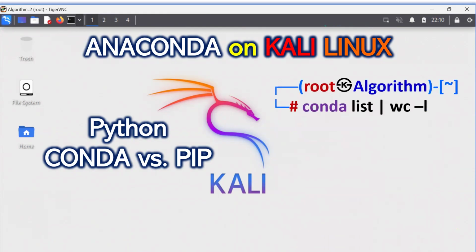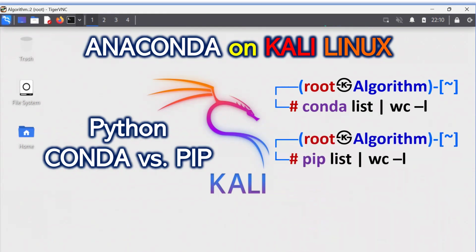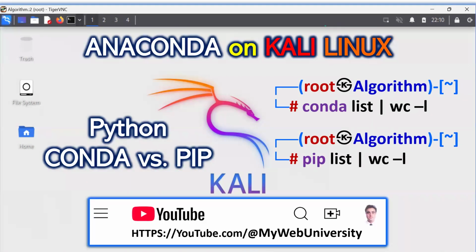I'm going to be discussing some of the command lines of Conda, installation of Anaconda software, and then the applications and tools that come with Conda, as well as compare it with pip, which is the default for Python. So you will learn a lot in this course, and this is going to be brought to you by